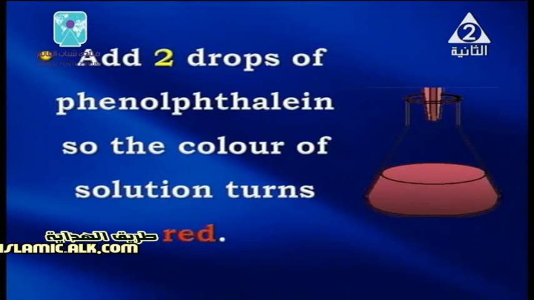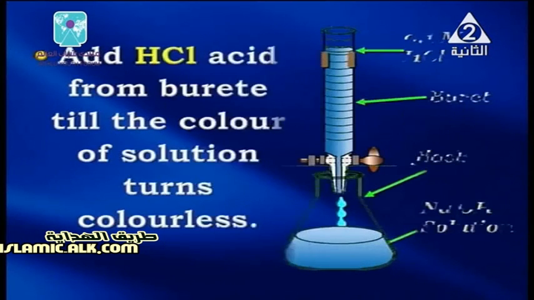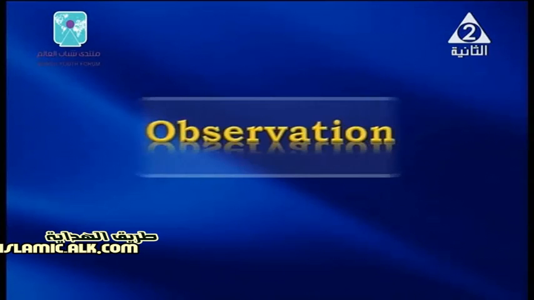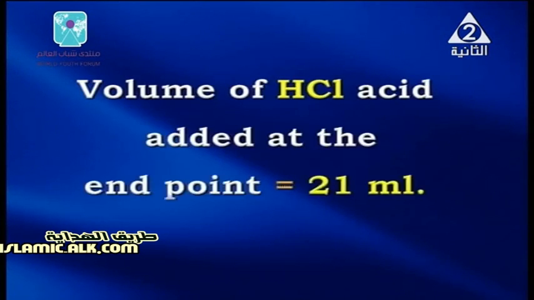Then add 2 drops of phenolphthalein, so the color of the solution turns red. Add hydrochloric acid from the pipette till the color of the solution turns colorless. Here, the observation: the volume of the hydrochloric acid added at the end point equals 21 milliliter, as the following